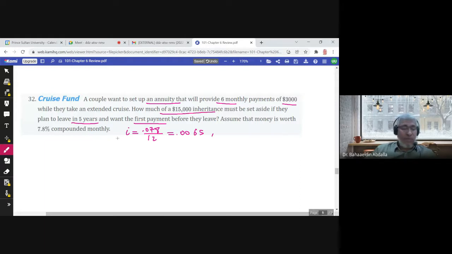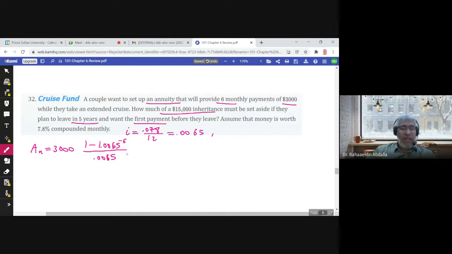Now, the question is, we need the present value of this annuity. I'll find the present value of this annuity. Well, the present value formula is R, which is 3,000, times 1 minus (1 plus i) to the power negative n. We are dealing monthly here, and they need it for 6 months. So n is 6, okay, 6 periods, over